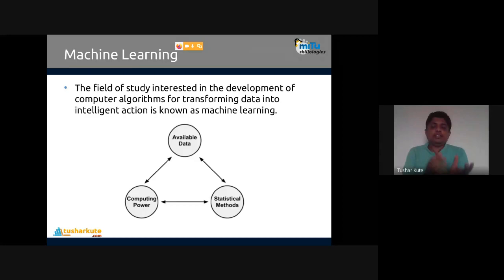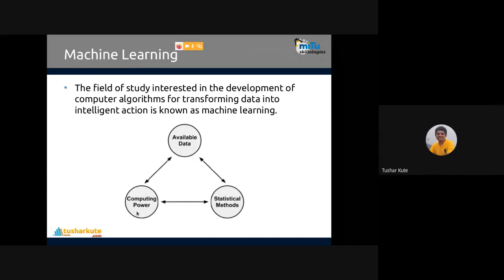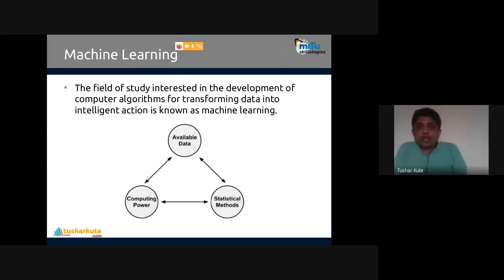And there we apply statistical methods with the help of computing power. Computing power we see from different angles. Computing power can be seen from the angle of the programming language, the software and the hardware. We require a standard programming language like Python or R. With the help of that, we can use statistical methods to build the data model. And when the data model is built, then we can automate the systems. So three things are present in machine learning: data is compulsory, statistical model is compulsory, computing power is compulsory.